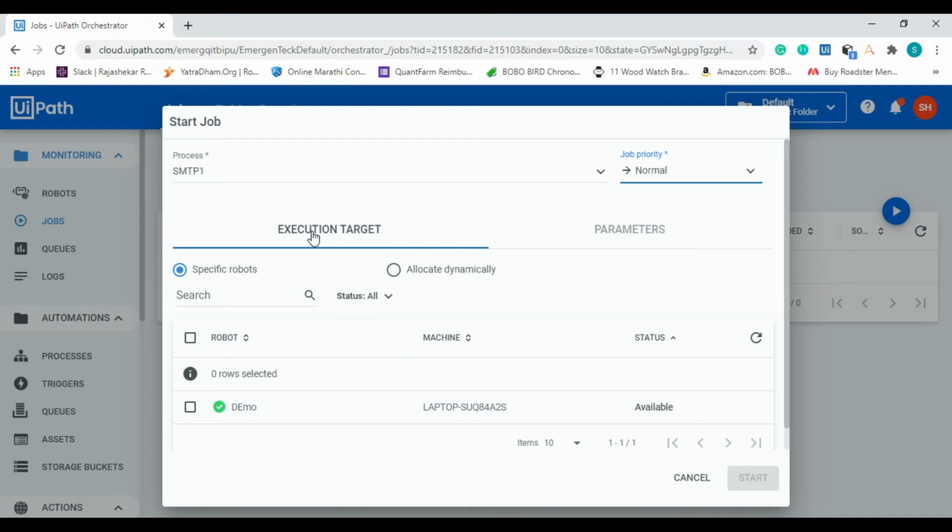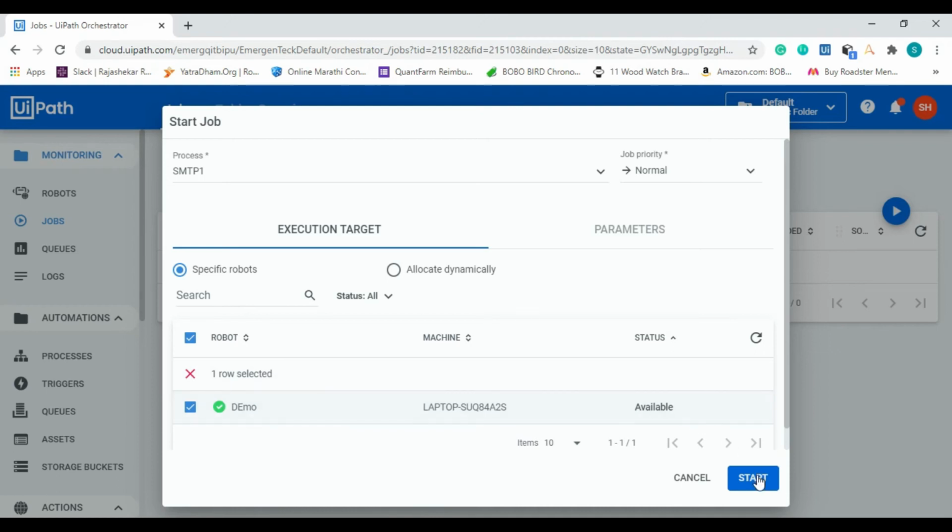So we have two options available here. The first one is the specific robot and the second one is allocate dynamically. So suppose here you have 2 to 3 robots, whichever robot you click it will take that robot and it will run that process on that particular robot. Or if you click on allocate dynamically, whichever robot is free, not running any process, it will take that robot.